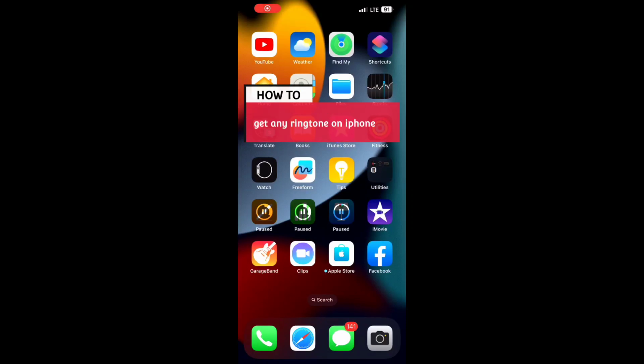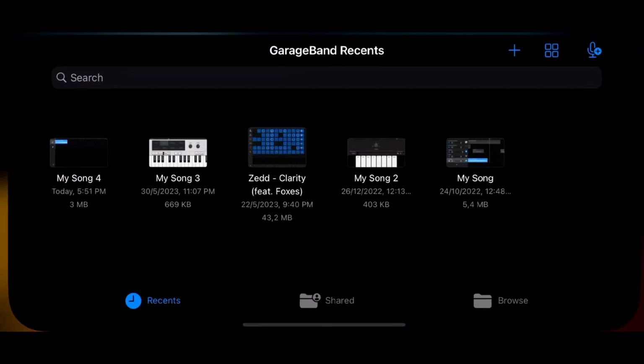How to get any ringtone on iPhone. Today in this video I will show you exactly that, so follow up with me. We'll be using this GarageBand application, so go ahead and download it from App Store and then open it, and